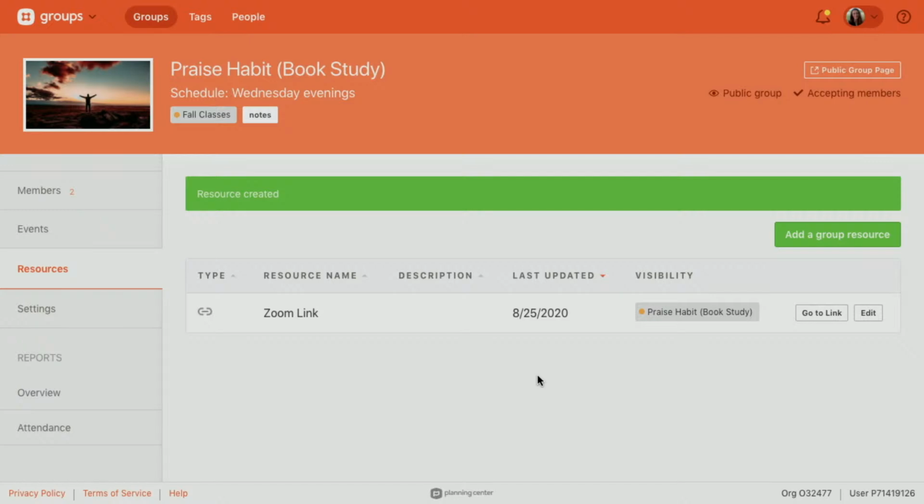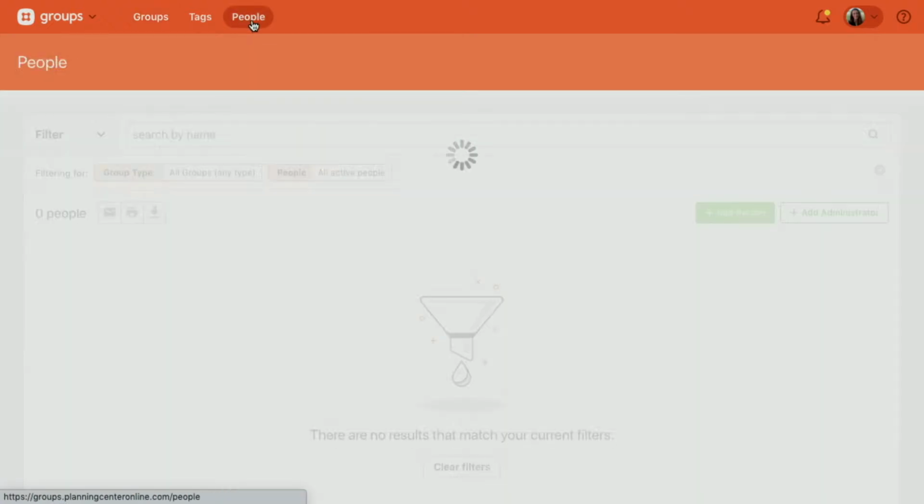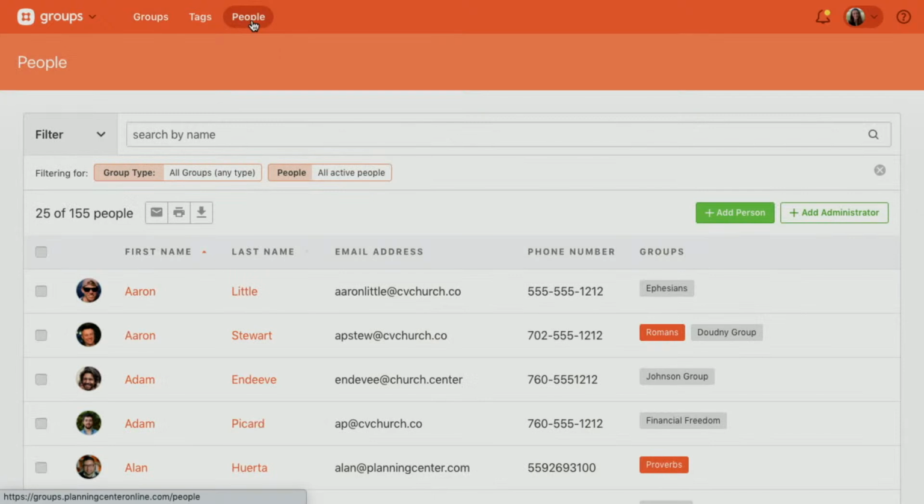So super easy. The last thing I want to show you, back on our main page, is this People button. If you're used to Planning Center and you've been an administrator in some of the other products, you're probably used to this page, but this is where you can see everyone who is a member in groups. And you can use the same filters.